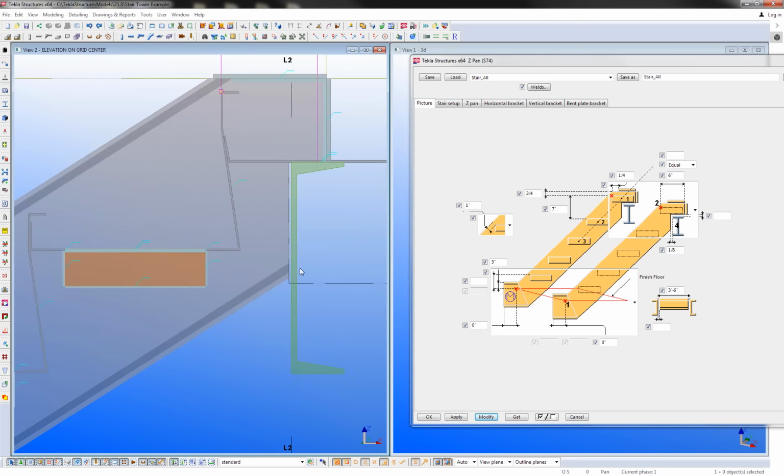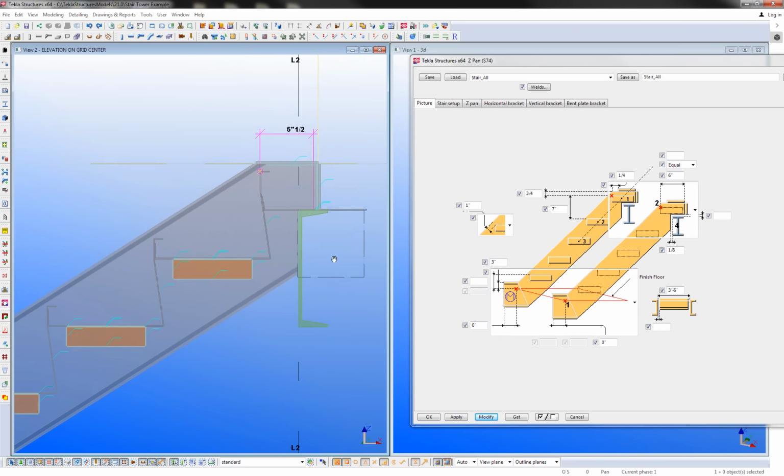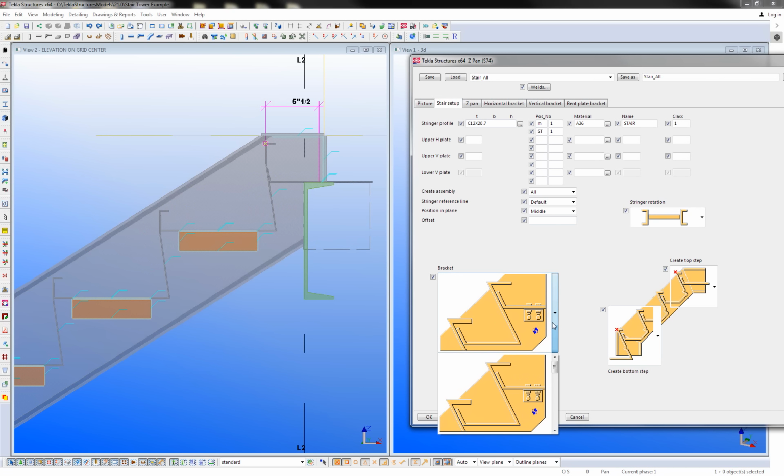And now I have my 1/8 inch gap. Now as far as some of the other options, if I come here to the stair setup tab, this is where I can change things like the position of the stair and the type of brackets. First, looking at the brackets, the out-of-the-box standard stair option is to provide that angle bracket underneath the tread